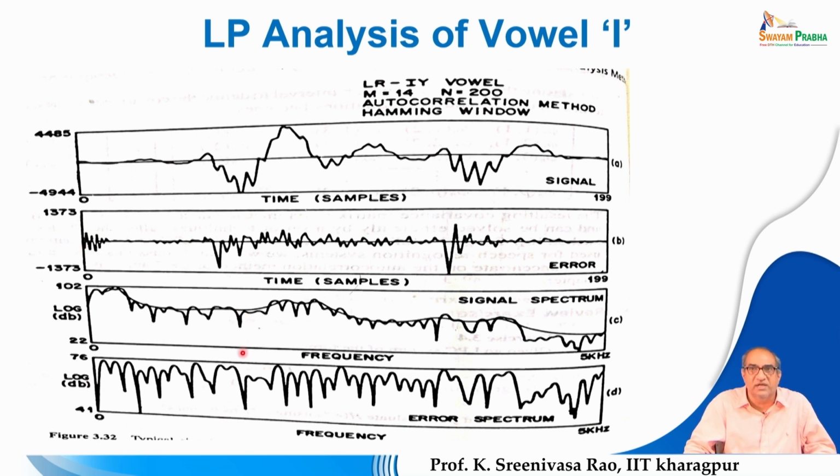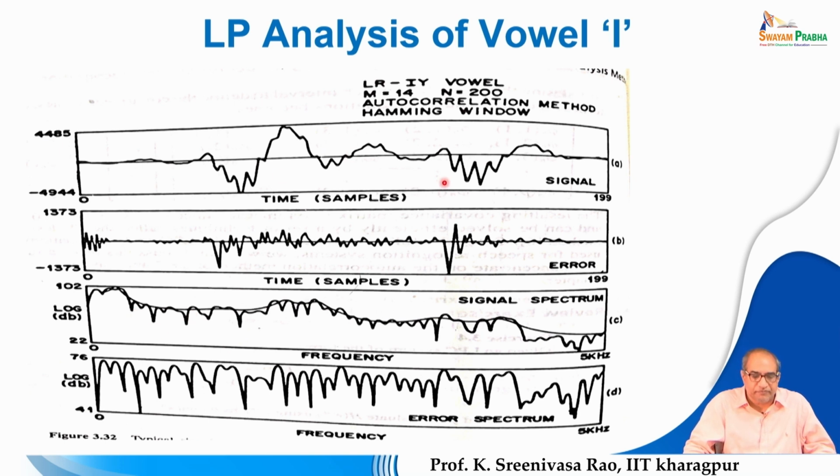We also analyzed the spectrum of a voiced speech segment by applying a Fourier transform, and how the spectrum looks. For the same voiced speech segment, if you perform LP analysis using the LP synthesis filter, which is nothing but an all-pole filter approximation, the filter response of the all-pole filter is nothing but the response of the vocal tract system. If you analyze the spectral characteristics of the vocal tract filter, it appears as a smooth spectral envelope